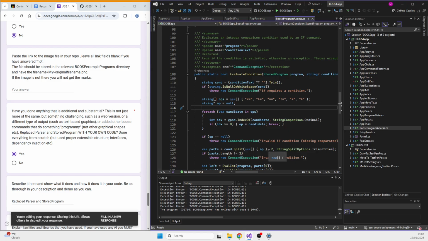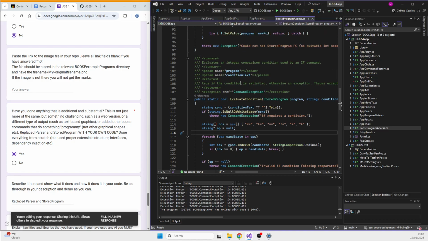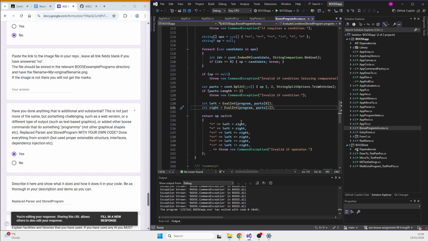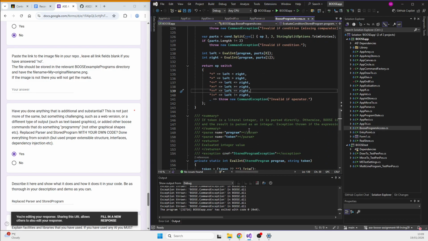And then for each candidate in the list, pretty much, it just evaluates the integers using an if command, and it will return true or, if invalid, throw an exception. Here's where you get the two different sides of it, 0 and 1, operators. Yeah.